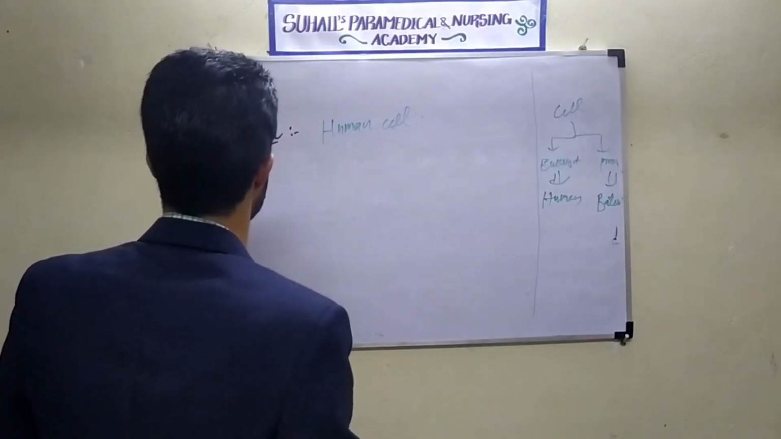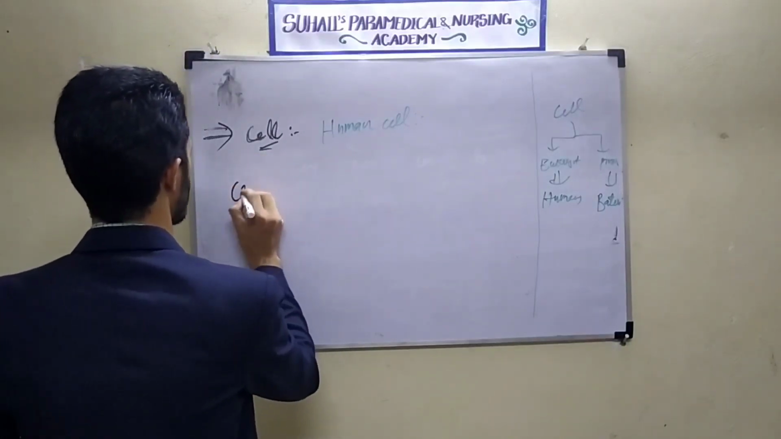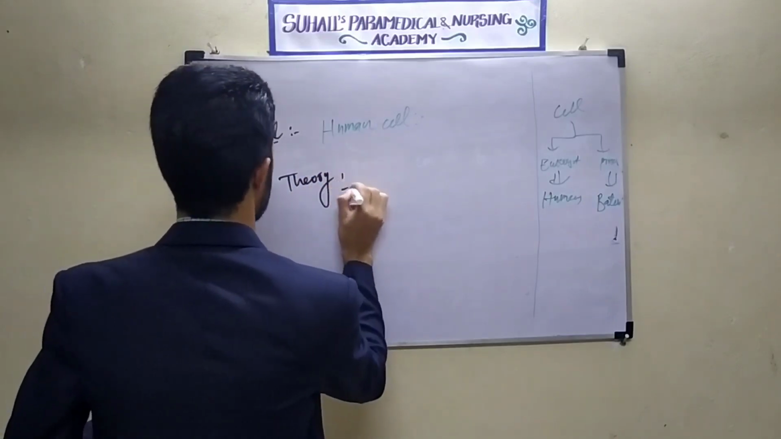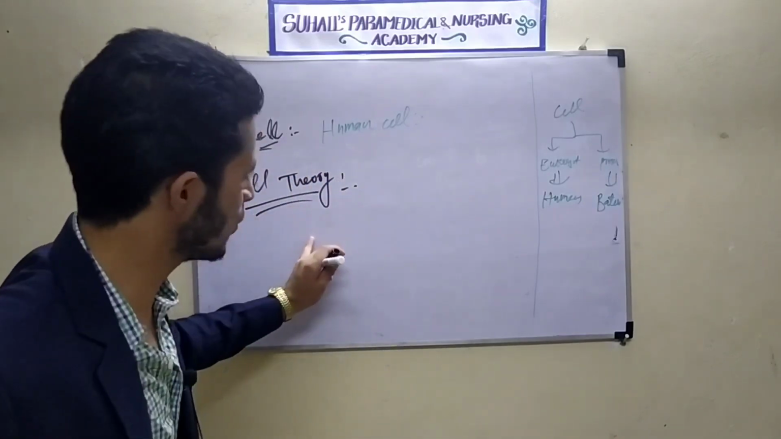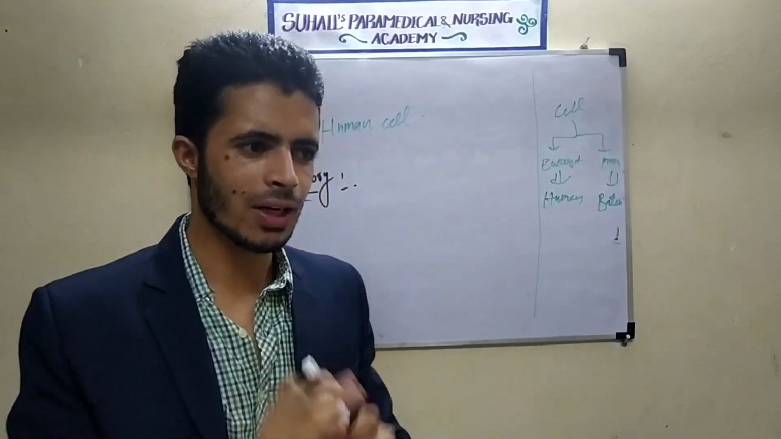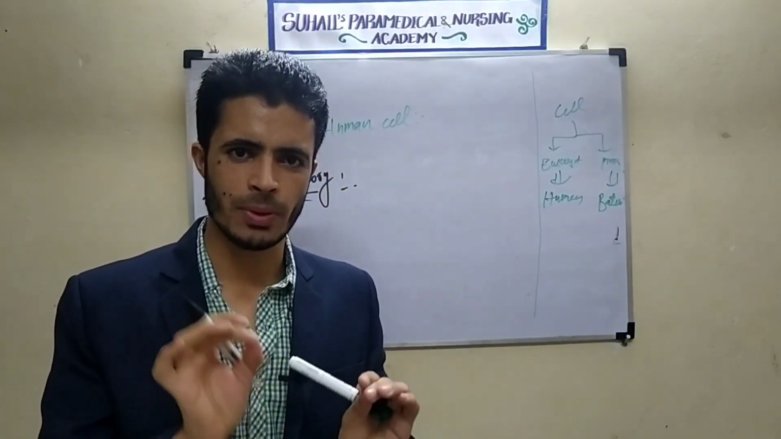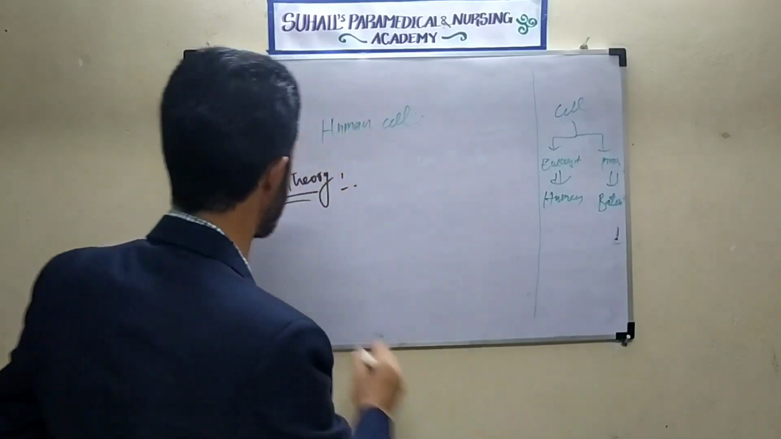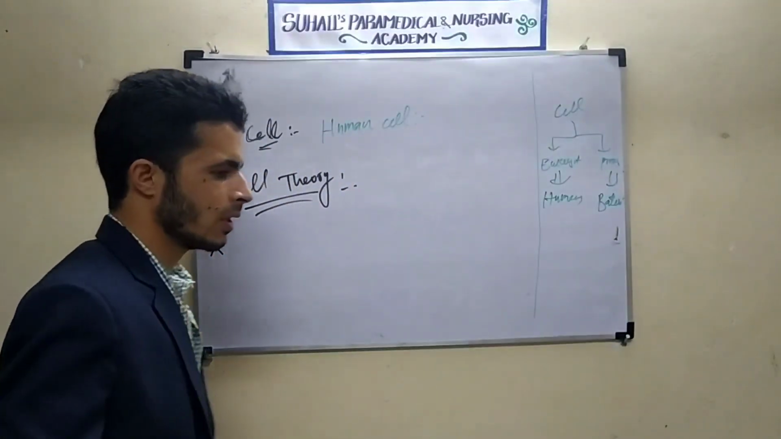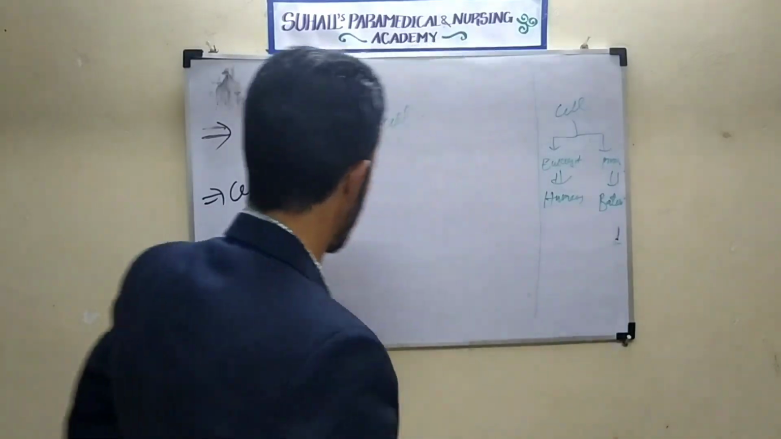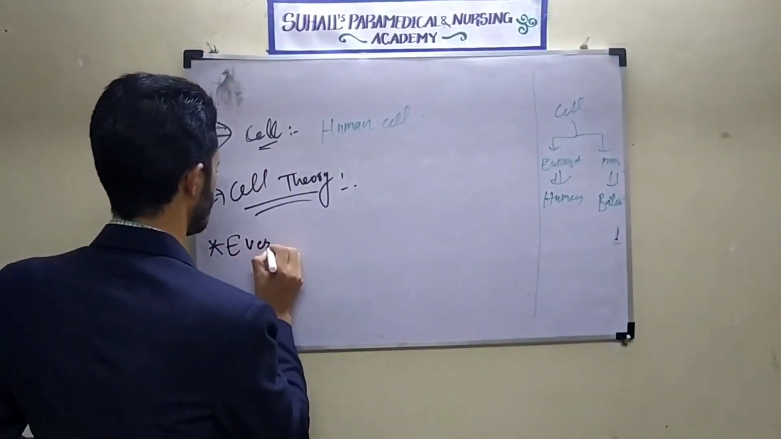That theory is cell theory. What does the cell theory say? The cell theory says every living organism is made up of cells. Every living organism consists of a basic component, that is the cell. This is the first point of the cell theory: every living organism